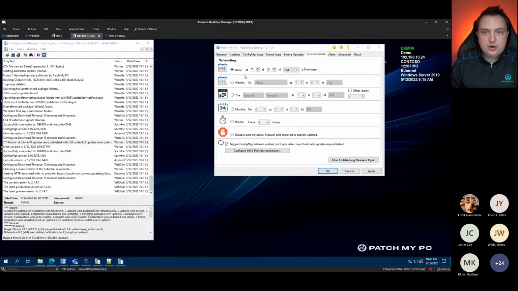A couple of quick notes. We do run our syncs. You can configure this sync however you would like. By default, running the sync every day at 7 p.m. is usually pretty decent. However, just be cognizant that we do release our catalog updates 3 to 5 times a